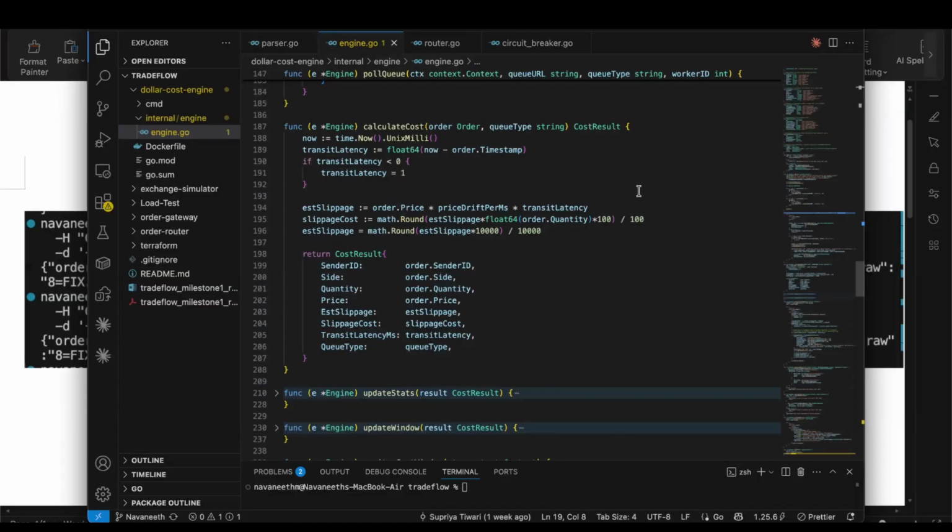The cost engine takes each order and runs this exact formula: price times drift per millisecond times the latency times the quantity. So, for example, if an order sat in the pipeline for 34 milliseconds, for a 5,000 share order at $150, the estimated slippage would be just around $2.55. But let's assume there was a spike, which usually happens in pre-market, of 3,400 milliseconds. The same order would cost you almost